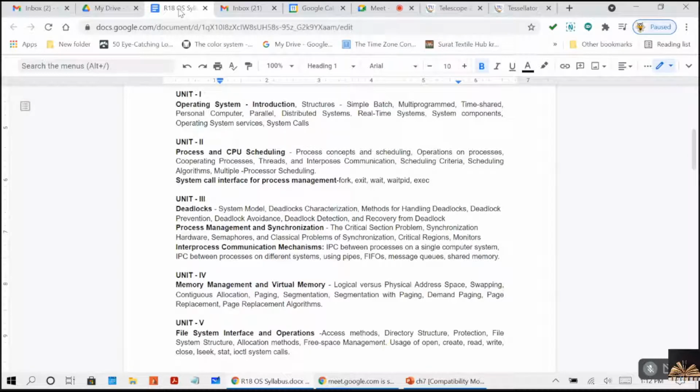So prevention means, you all know, prevention is better than cure, right? So we'll make sure that deadlock never happens, right? We are trying to prevent the deadlock situation. So how we are going to do it is, as I told you, we have 4 necessary conditions for the deadlock, right? So if any one of the conditions happens, definitely there is a chance for the deadlock. So we will make sure that those necessary conditions are not happening. For that we have some protocols. How we are going to do it, we will see in the deadlock prevention.